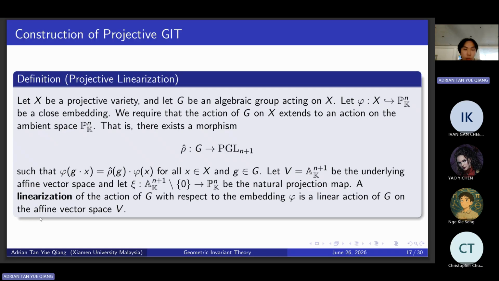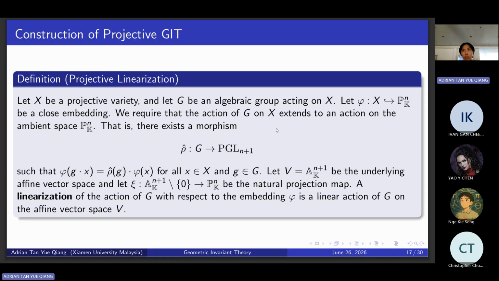If you want to talk about an action on the projective variety, we also need to talk about how it acts on its affine cone. Previously I said that a rational action is given by a linear action of GL_m. But in the affine cone, if you act by a scalar multiple in GL_m, it doesn't affect anything in your projective space, because projective space is invariant under scalar multiples. So we define another morphism such that it sends every element in G to GL, and we want